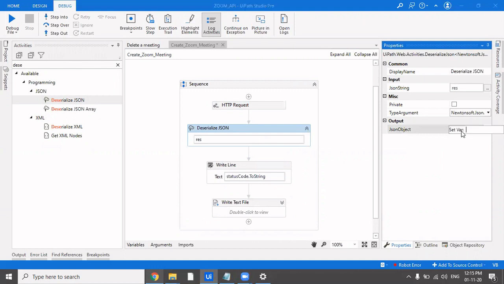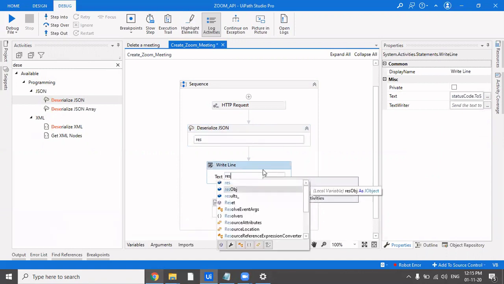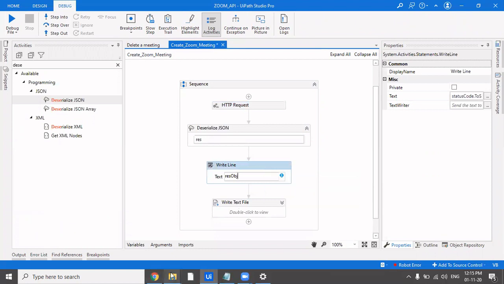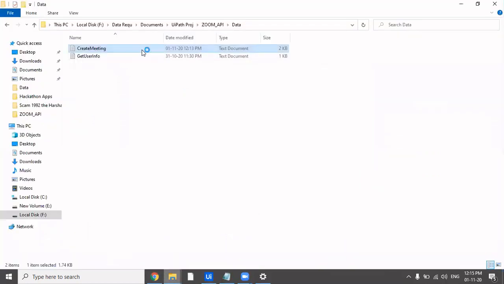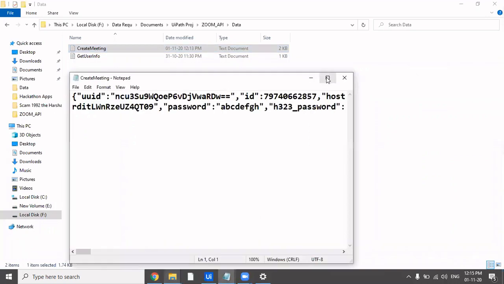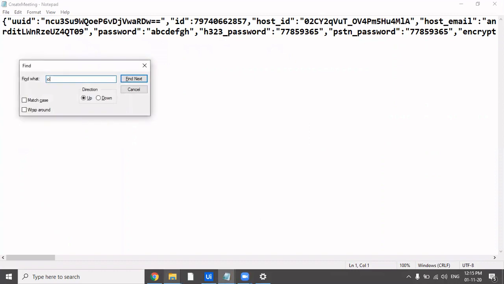Let's get the result object. You can name it something better than this. Out of this result object, what I have to get is the joining URL, because that's what we usually send to participants to join.